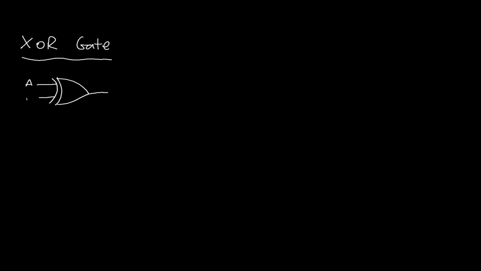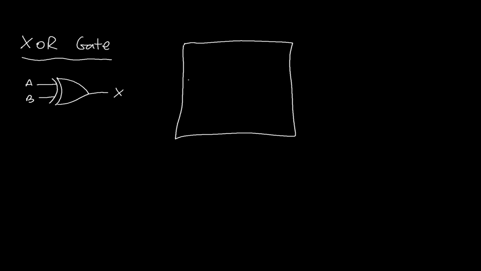A and B, and we will have X on the output. So an exclusive OR gate. It's exclusive because the output will only go high when the inputs are different. Okay, so just remember it that way. Right, so here's A,